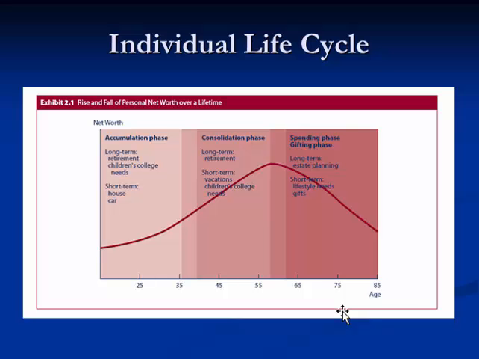And then you end up in the spending phase here, or the gifting phase. And so long term, I would say you still have, you're investing for your retirement. At that point, you have at least 20 or 25 years expected life on average. And so managing your investment portfolio for retirement is still applicable. You may want to do estate planning, thinking about where your money is going to go, where you're going to gift your money, and also just fund your general retirement and gifts possibly to your kids.